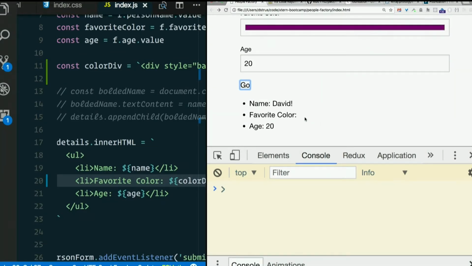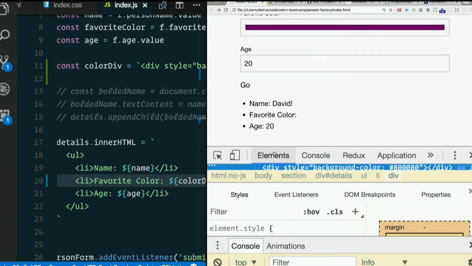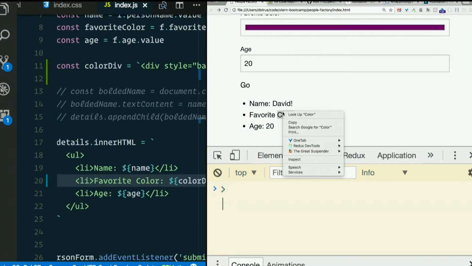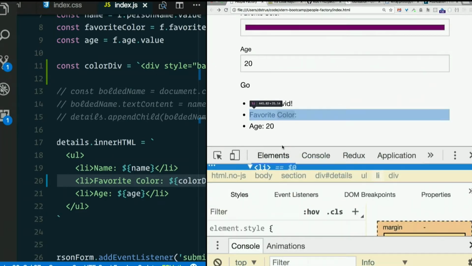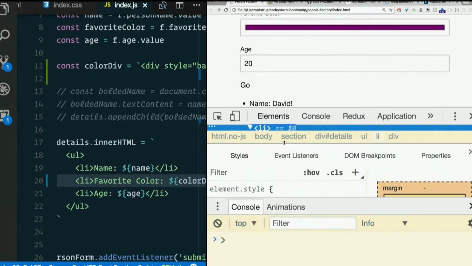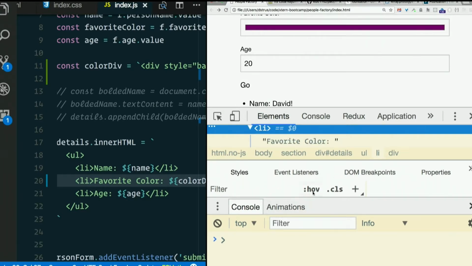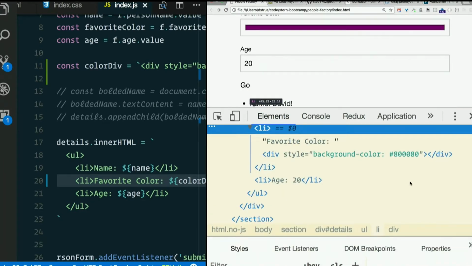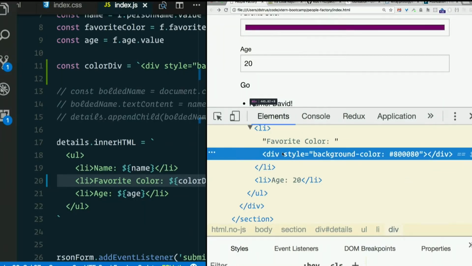There's nothing there. Let's have a closer look. So we can inspect the DOM and see what's actually there by using this Elements tab in our developer tools. To get there quickly and to get to a particular element, we can right-click here and say Inspect, and it'll take us right there. Now, this may or may not match the HTML that originally got loaded. This matches the DOM as it is now. So even though that color div didn't get added until later, it's there. See? Div style equals background-color